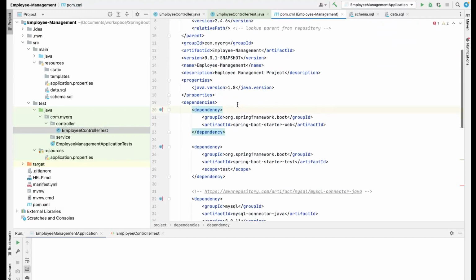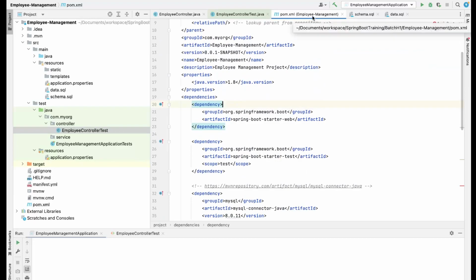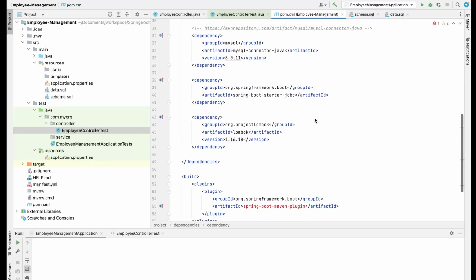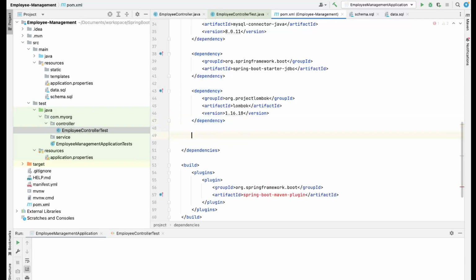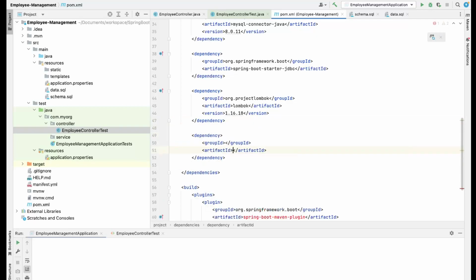Okay. So this is our existing pom.xml, and we will need to add some configuration for this testing framework, and also some configuration for your H2 database. In order for this H2 database to be configured, we will need some configuration in the pom.xml. We need to load some dependencies, and we need to add this group id as